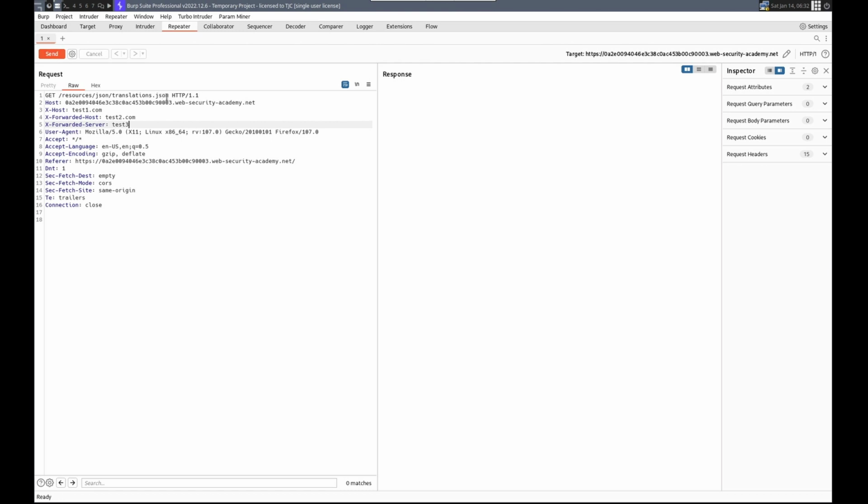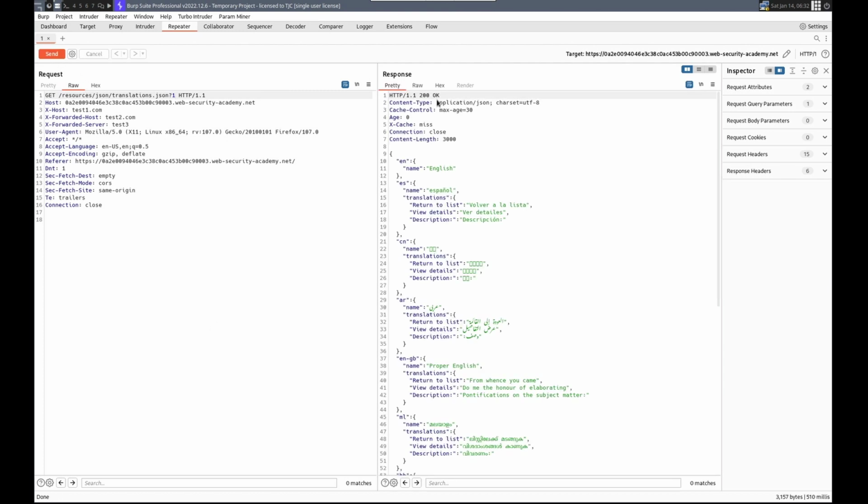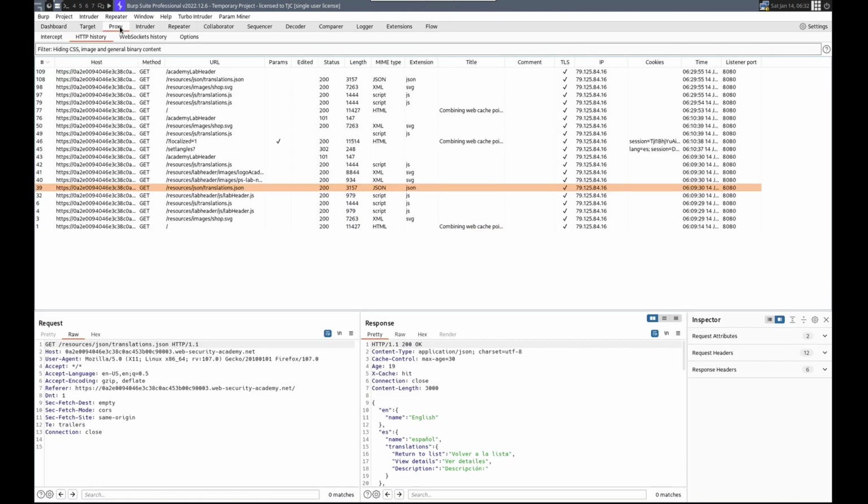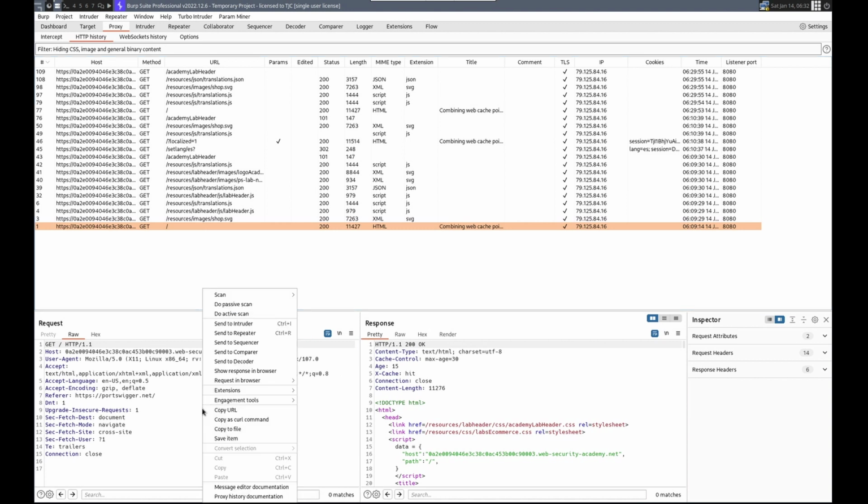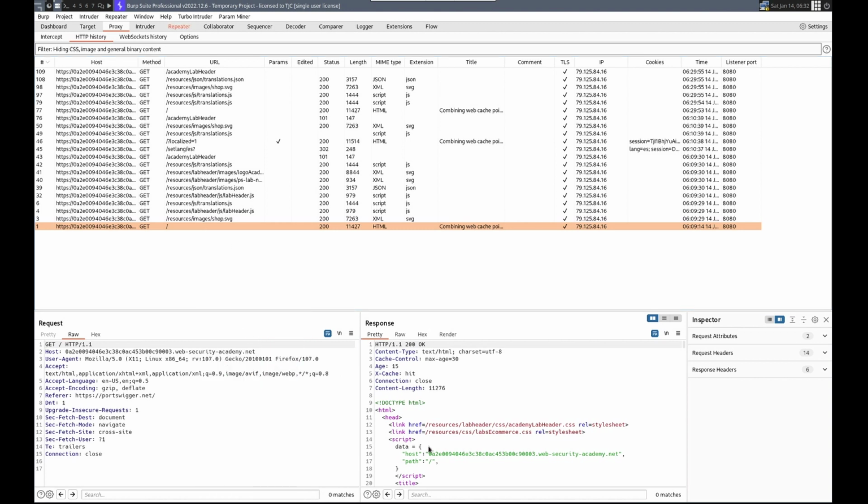And let's add a cache buster. Maybe 1, 2, 3. Well, we can just do 1. Okay, so we got 200, and none of this seems to do anything. Because we just got a straight response, let's search for test: 0 matches. Okay, proxy. What if we did that here? Because look, that is in data. So